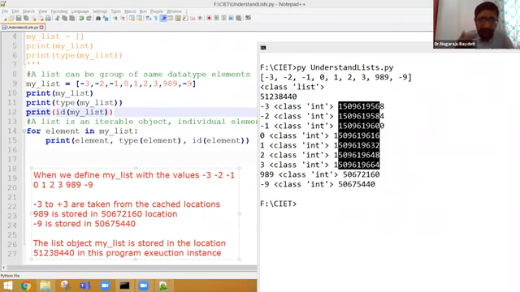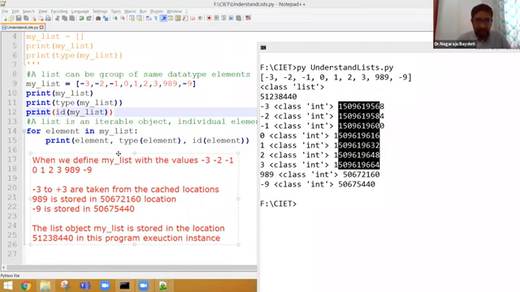Now when I am executing again, the address locations of 989, -9 and my list will change, but -3 to +3 will never change on my machine in this instance of the Python application. Okay, I believe that you guys are understanding what exactly I am telling. So basically this object is also kind of a pointer now. How come, sir, you can say it is a pointer?